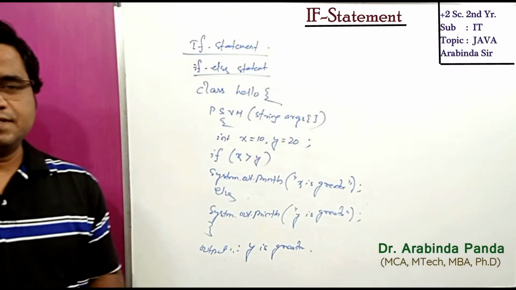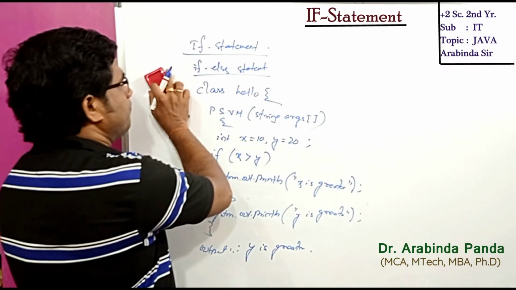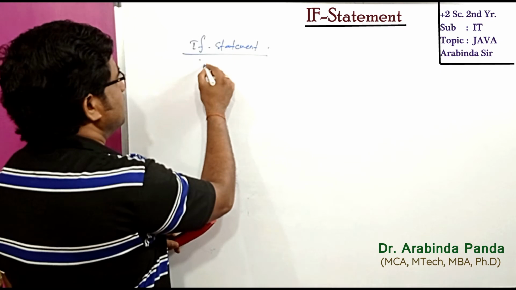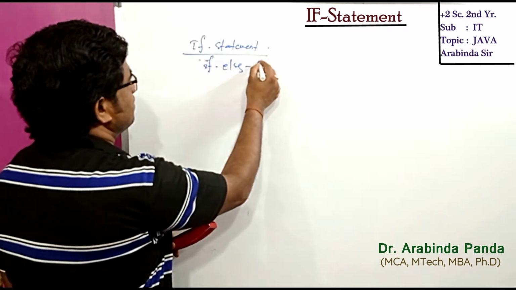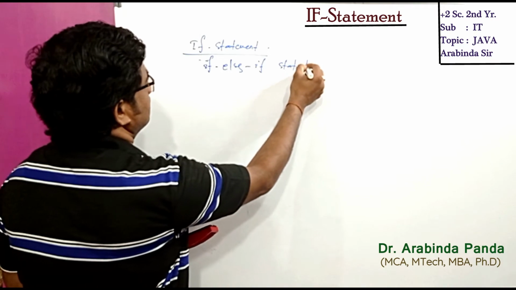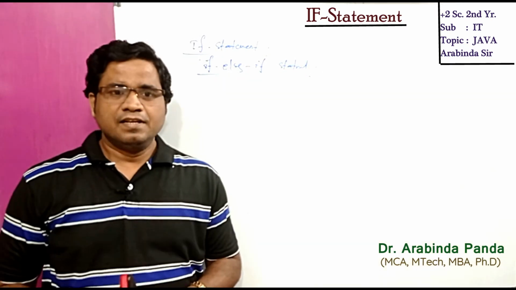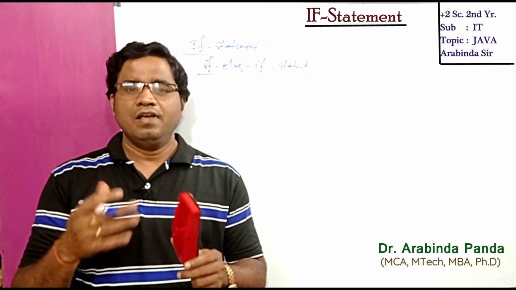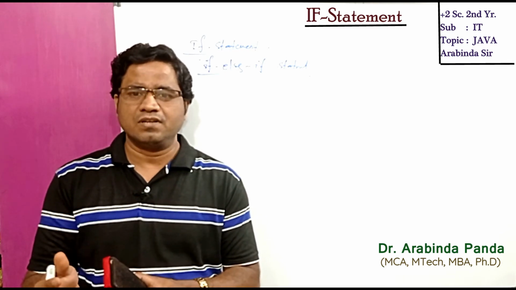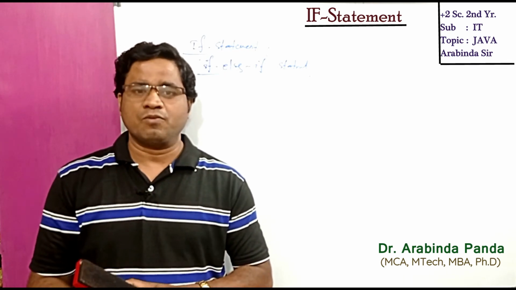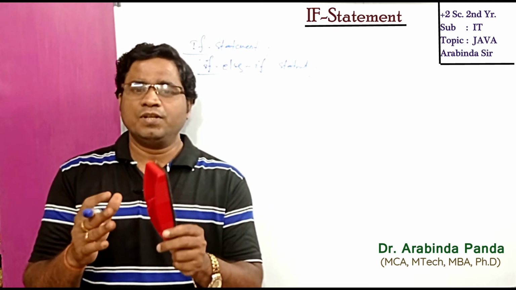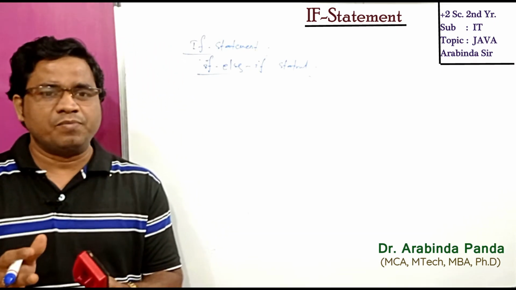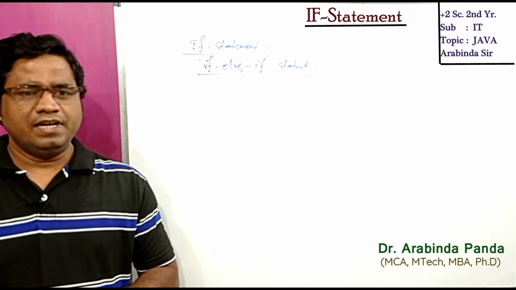So now let us discuss another if statement, that is what? If else if statement. So the if else if statement contains the if statement followed by multiple else if statements, and in other words we can say that it is the chain of if else statements that creates a decision tree where the program may enter any block of code, and we can also define an else statement at the end of the chain, right? So very simple.